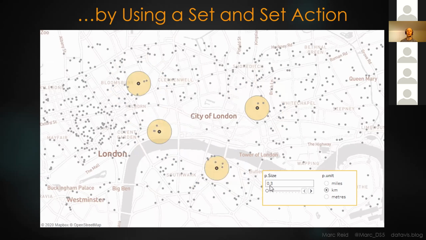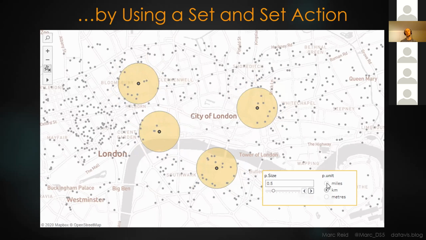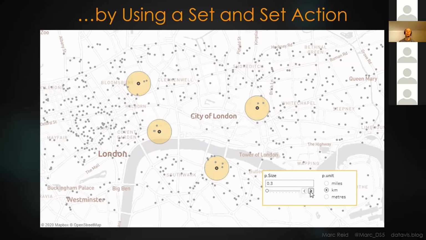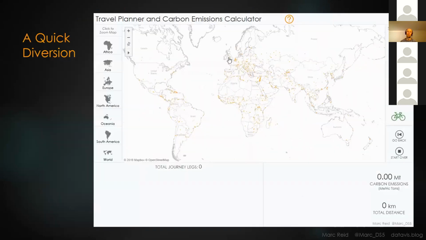Okay, so this is pretty powerful, it's pretty useful. One thing I thought when I was building this is it would be quite nice to be able to have the buffers be different sizes as opposed to having them all be the same size and same color and so on. So I looked back to a project I was working on actually end of last year where I built out a map here which allowed me to click on points and build lines and build a pathway through this